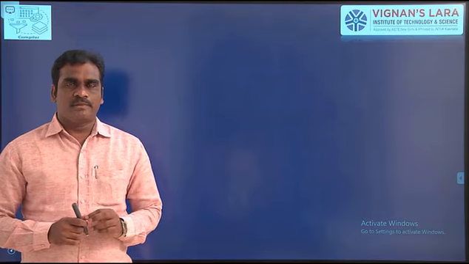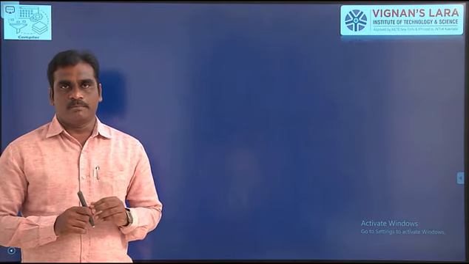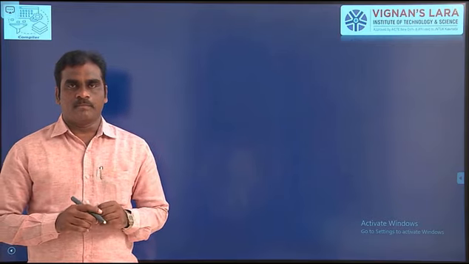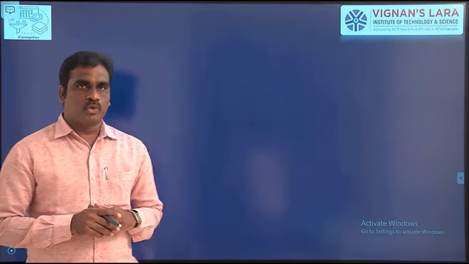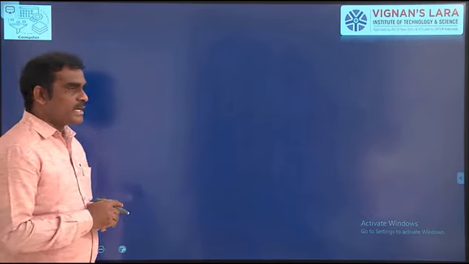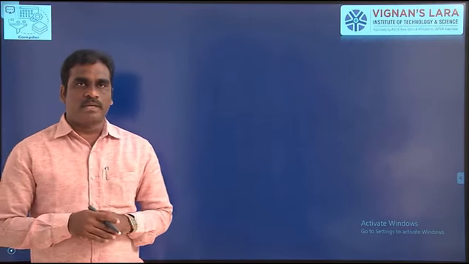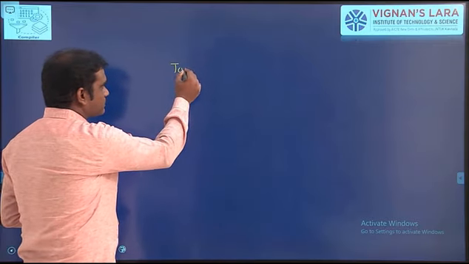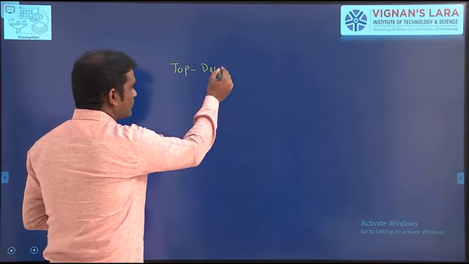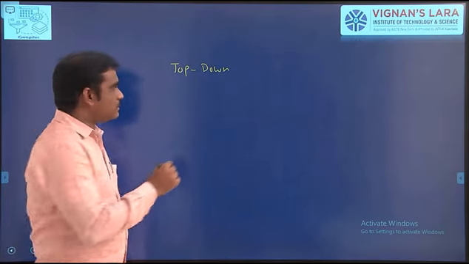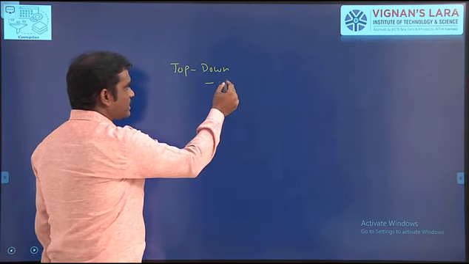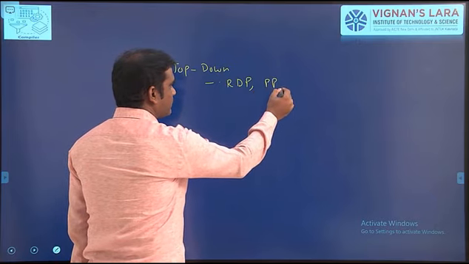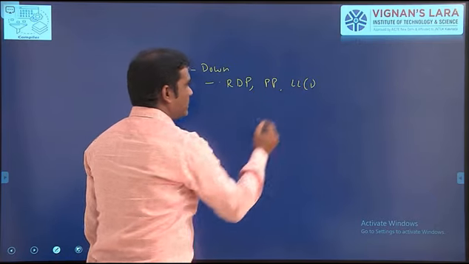In the previous class we have discussed about the LL(1) parsers. So till now the top-down parser is completed. All of you know that we have two types of parsers. One is top-down parser and second one is bottom-up parser. So in top-down parser we have learned recursive descent parser, predictive parser and LL(1).